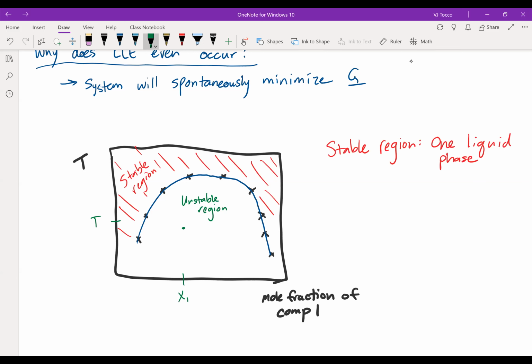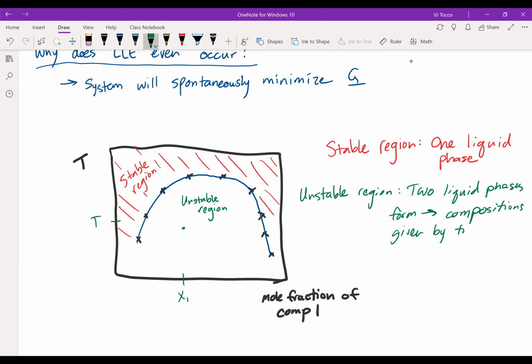If you're in the unstable region, you form 2 liquid phases, and the compositions are given by the tie line, just like it was in the TXY or PXY diagrams. So that tie line goes horizontally across,